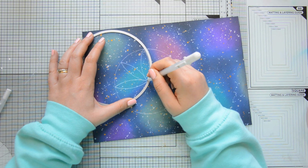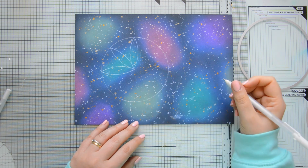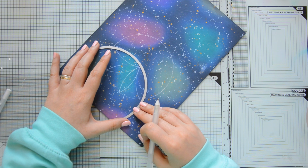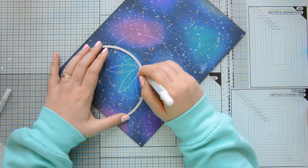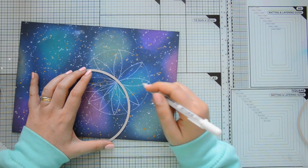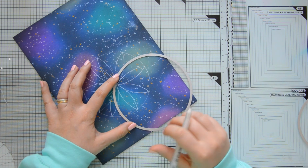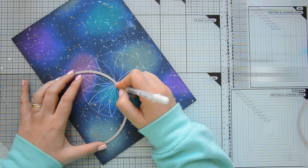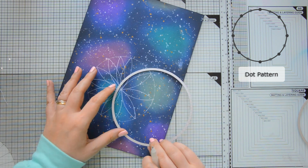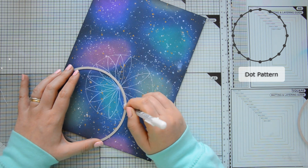Of course you can go that way, it's going to add some beautiful texture to your project, but I wanted to also show you an alternative in case you don't have the time or the desire to work with floss. I kept going around my circle until I completed the pattern, and at this point I decided that it was a little bit empty. So what I did is I basically marked more dots on the perimeter in between the ones that I had already, so dividing each free section in half and creating these kind of petal-like shapes again,